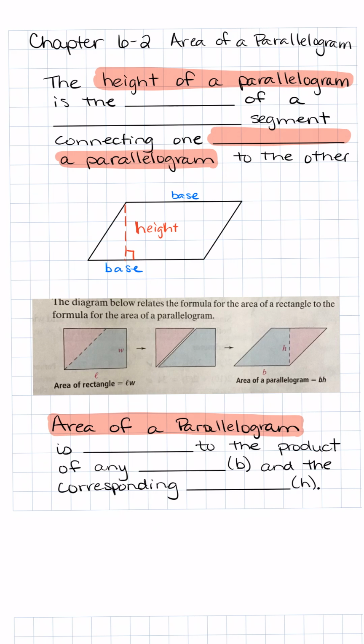Hello class, today we're looking at Chapter 6, Lesson 2, Area of a Parallelogram. So the floor plan of a building is in the shape of a parallelogram. That means each side is parallel, they're exactly the same, like train tracks are parallel. You can calculate the area of a parallelogram to determine how much office space is available on a given floor